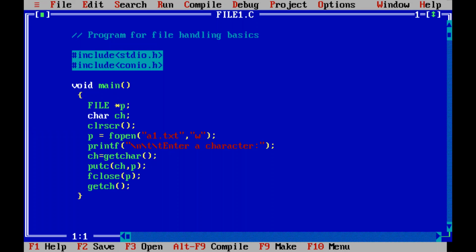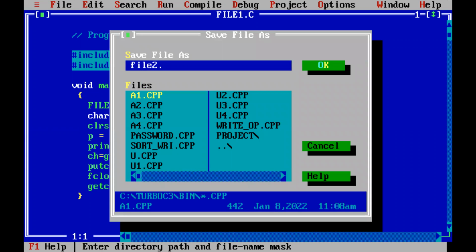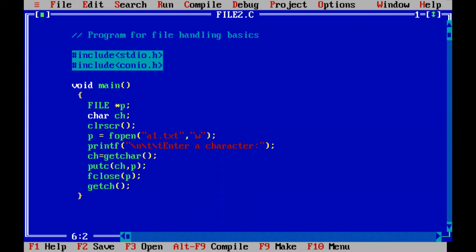So that would be the idea behind today's lecture. What I can do is save this file as file2.c. To read from a file, you need to open the file in the r mode, right? So now I'm trying to open this file a1.txt for reading purpose. So whatever is there in the file, I can read it.